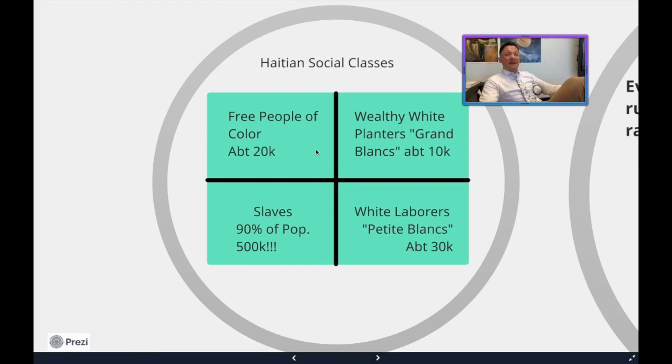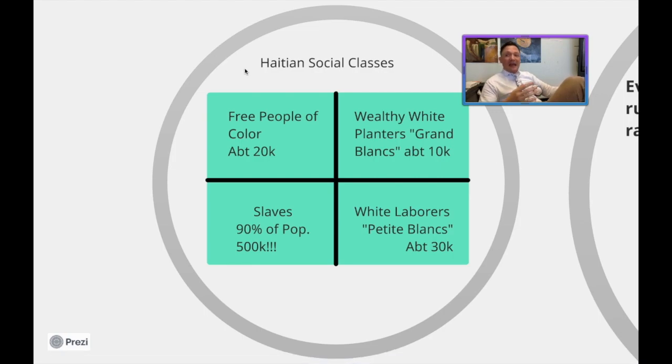The big thing is that there were the free people of color, also known as the affranchis, spelled A-F-F-R-A-N-C-H-I-S. Literally, there were only about 20,000 of them. Most of the free people of color were either freed slaves that had gone off to get educated enough to understand how to buy certain amounts of land, run plantations of their own, and also own slaves themselves, which is an absolutely wild setup. Or they were people manumitted by their masters, or people of mixed race.